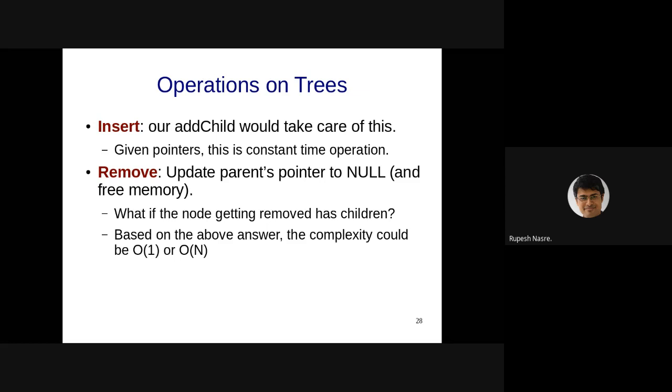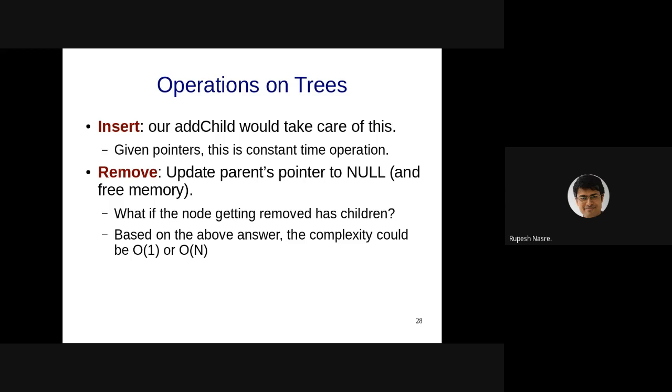So I hope the point is clear. You have some node X which needs to be removed. That node is an internal node, which means that X has some children, let's say Y and Z. X is, let's say, the root's child. Now, if according to the application, and as Andrea has suggested, I can remove X, Y, Z completely, then there is no problem. We can remove all of that, as well as free memory.